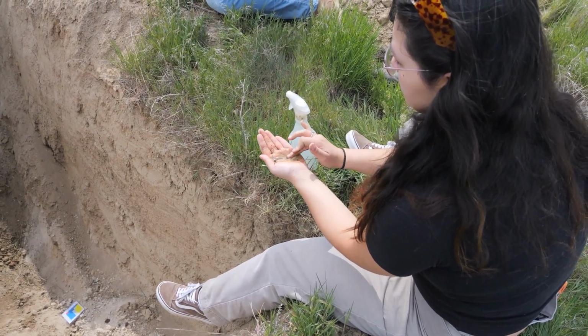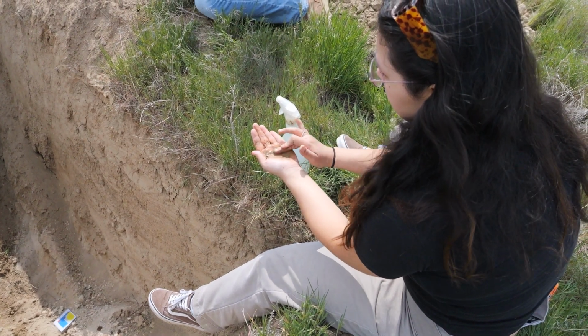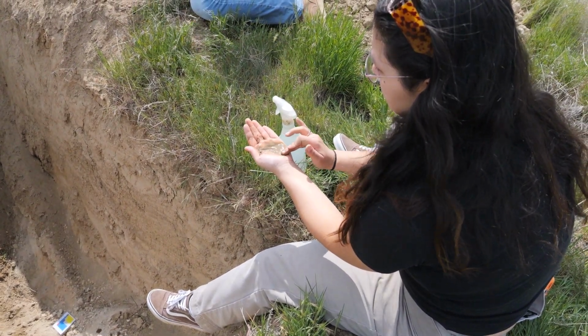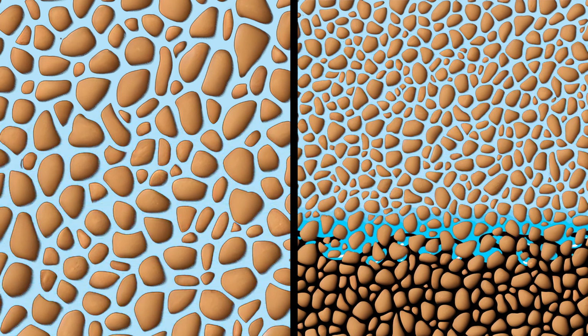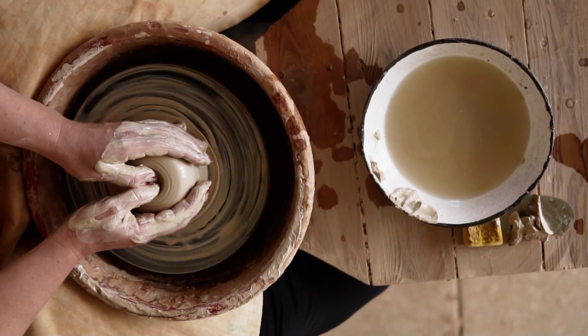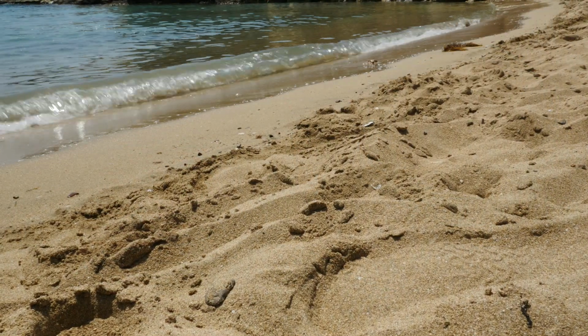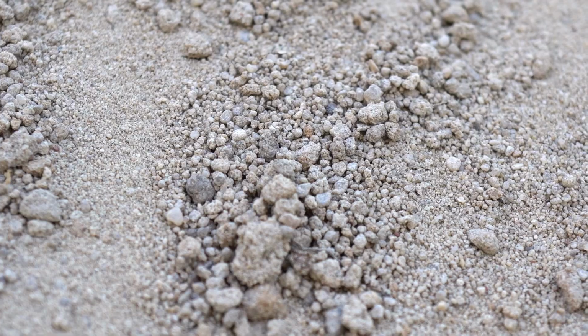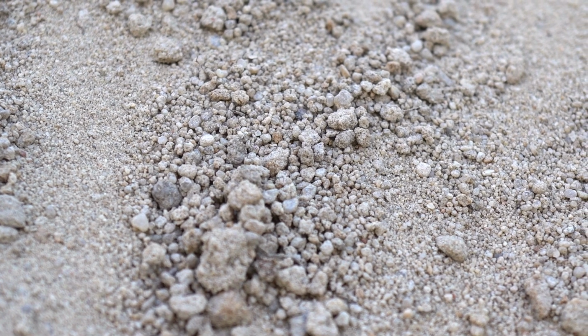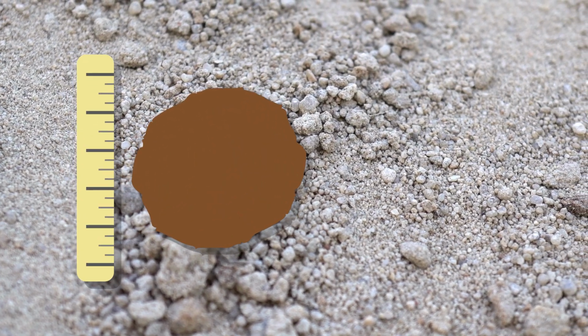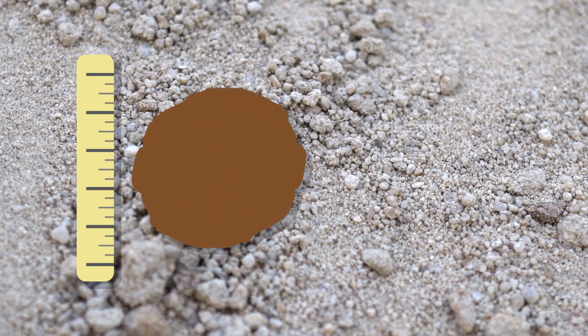Texture is another characteristic of soil that is used to determine what kind of septic system can be installed in it. Like structure, texture also indicates how fast water will percolate through it. You may think of clay as a material to make pottery, or sand as something that you find at the beach. But in soil science, clay, silt, and sand are terms that describe the specific size of the soil particles.